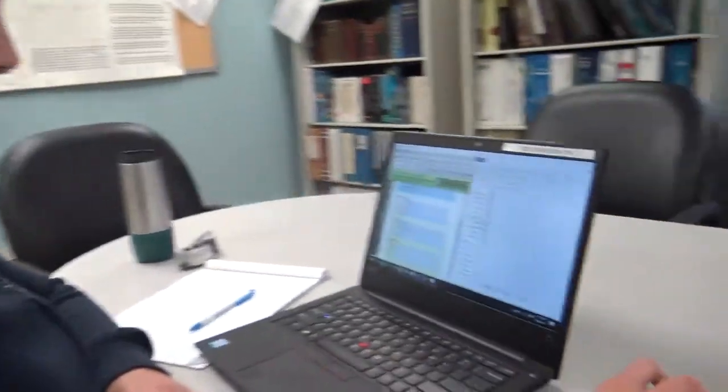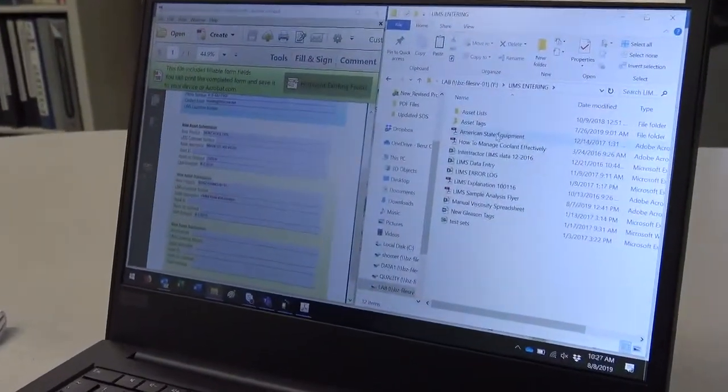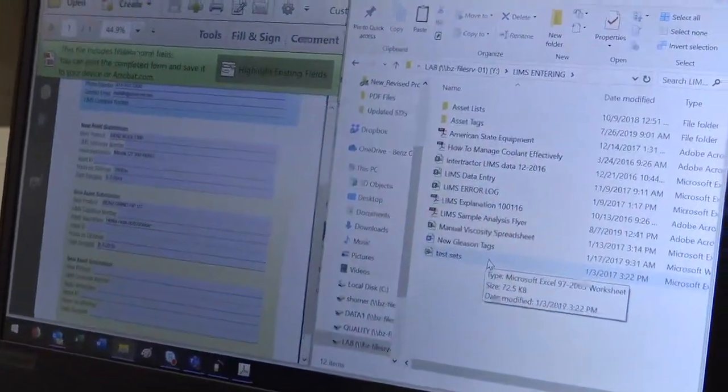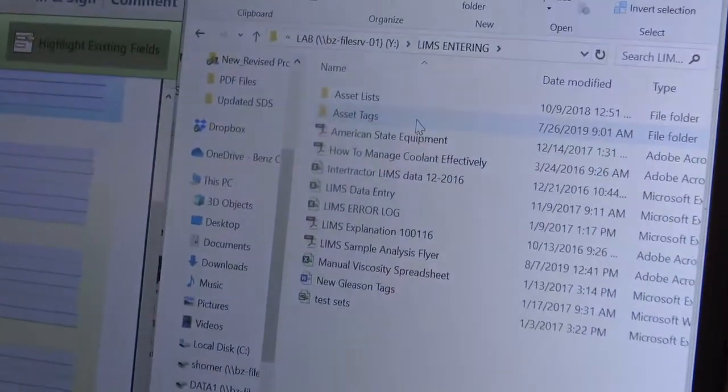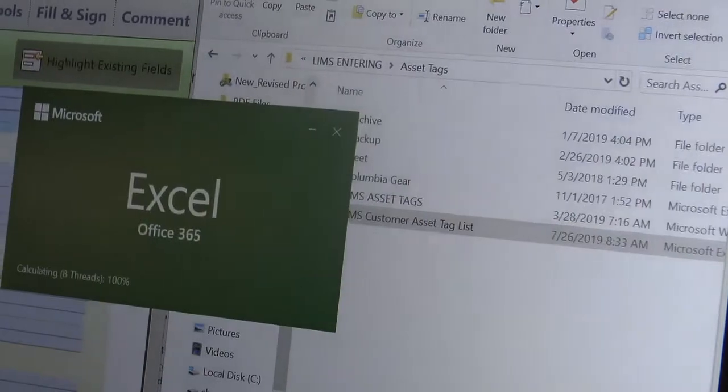So taking the information that was provided, again from the sales rep, I'm going to go onto the lab drive, and we have a LIMS entering folder. So this is going to be how we create the tags and the asset list for the customer. So in this asset tags folder, I'm going to open up this Excel file,